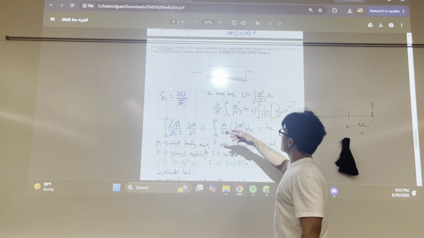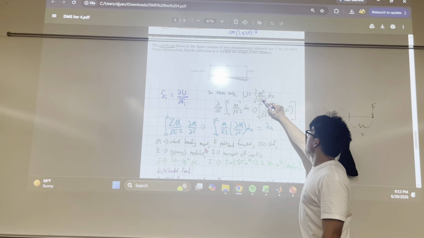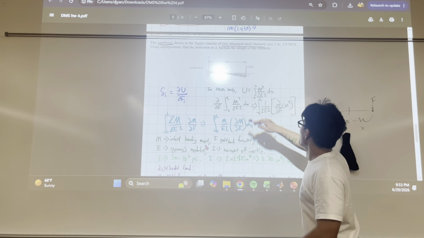So in beam bending, we derive this in the lectures. We, pretty much just the professor. I was taking notes along with it though. But